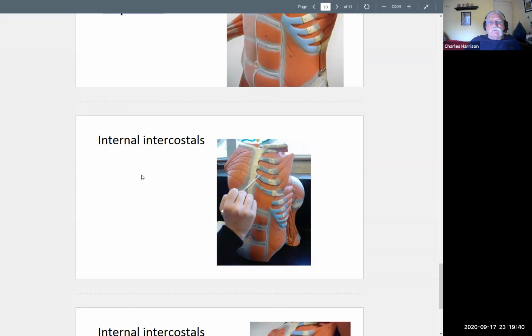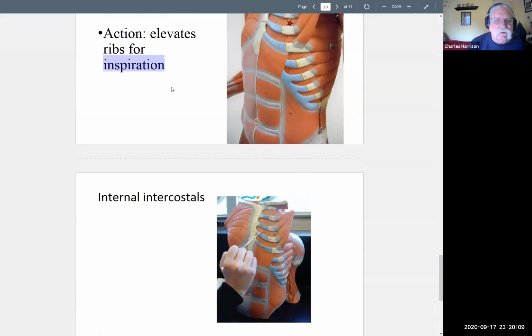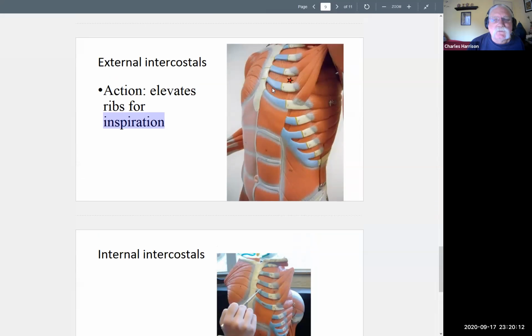But when you breathe out, just sitting where you are right now, you breathe in, that takes a little effort. You don't notice it, but now you realize, of course, it does. But if you stop breathing and let yourself relax, the air just comes out by gravity because the rib cage lowers itself by its own weight. So we don't even need these muscles, the internal intercostals, to push the air back out. Okay,